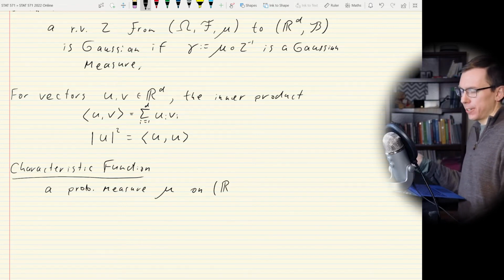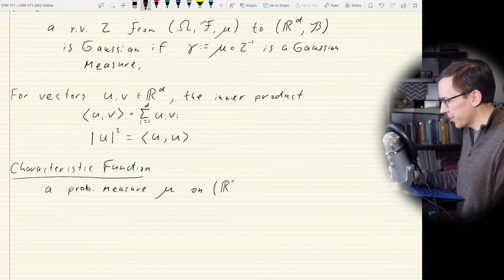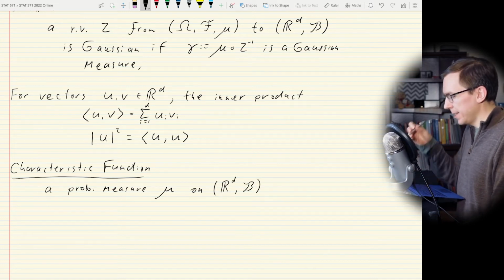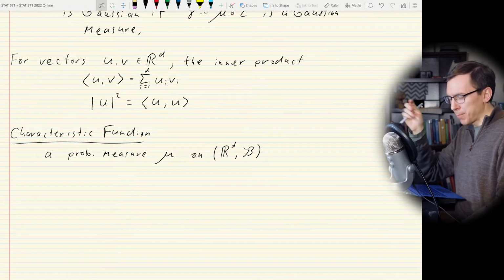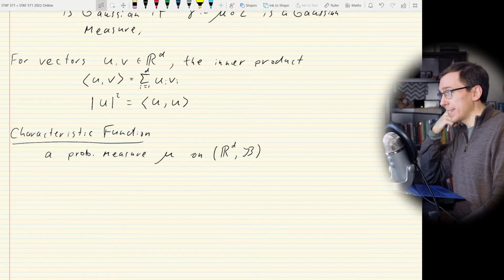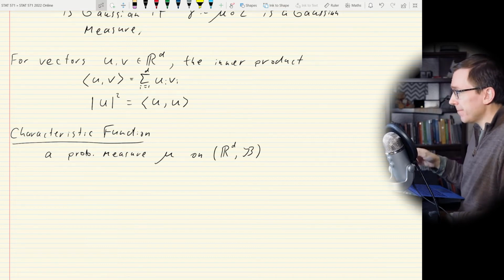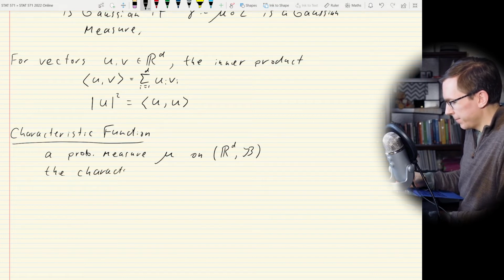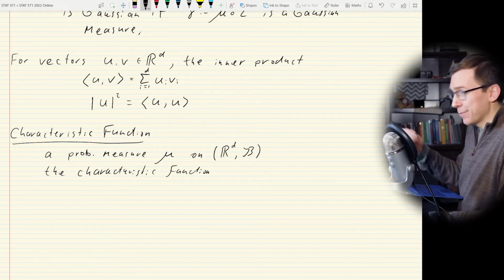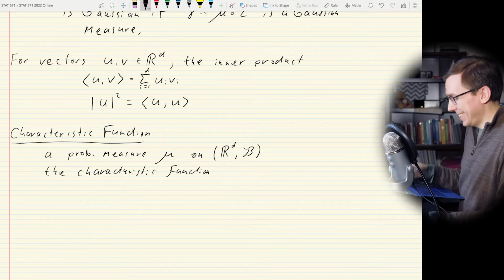Before, mu was a measure on omega, now I have mu as a measure on R^D, so I guess it's not the greatest notation, but we'll just assume this is a new section, right? And now mu is just a probability measure on the Borel sets. So the characteristic function, i.e. the Fourier transform, is